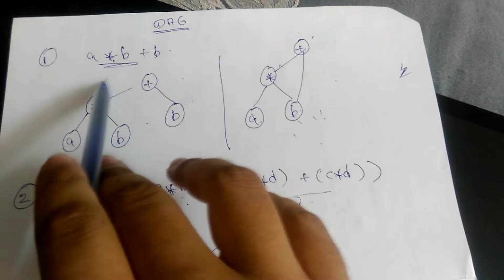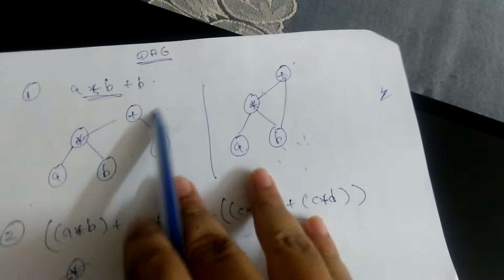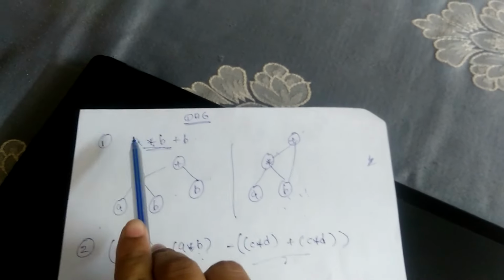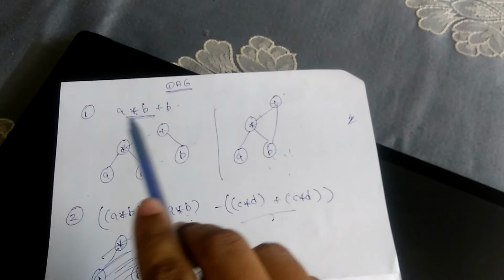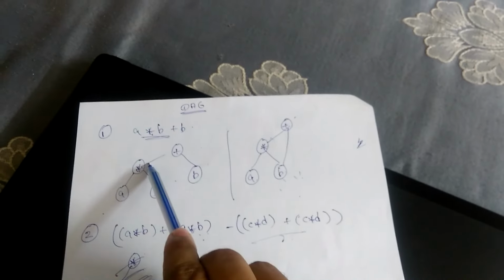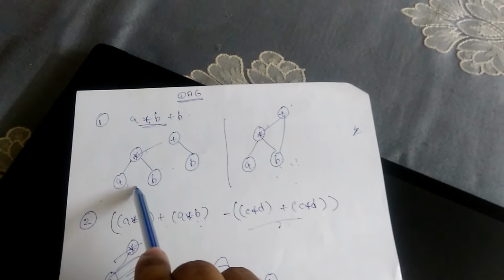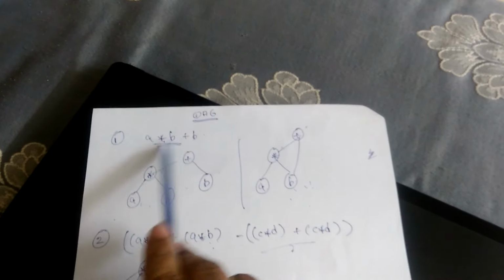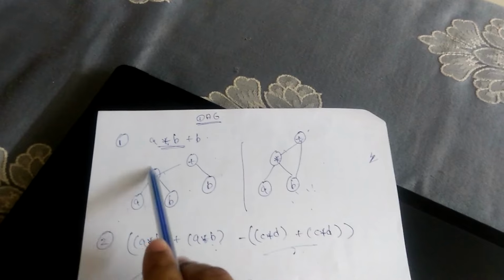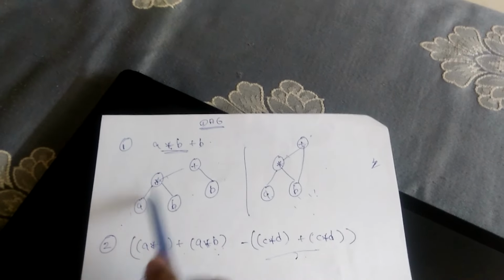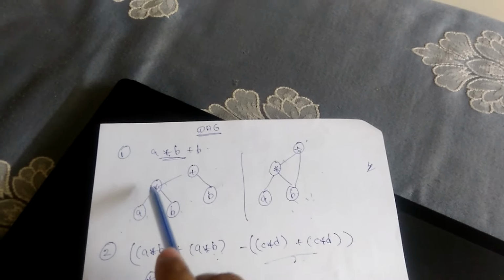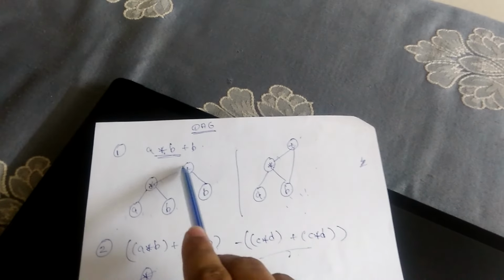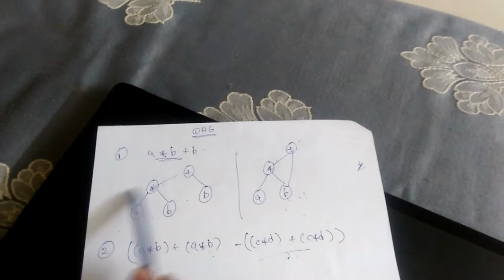We are given a into b plus b. Now we know in this expression into and plus are operators and a, b and b are operands. I have told in the previous videos that the operators will all be present on the upper side and operands will be present on the lower side. So similarly, for a into b plus b, we will construct a into b, meaning a and b are connected with into, and again plus b. So this a into b will be connected to b through plus. So this is our basic tree.